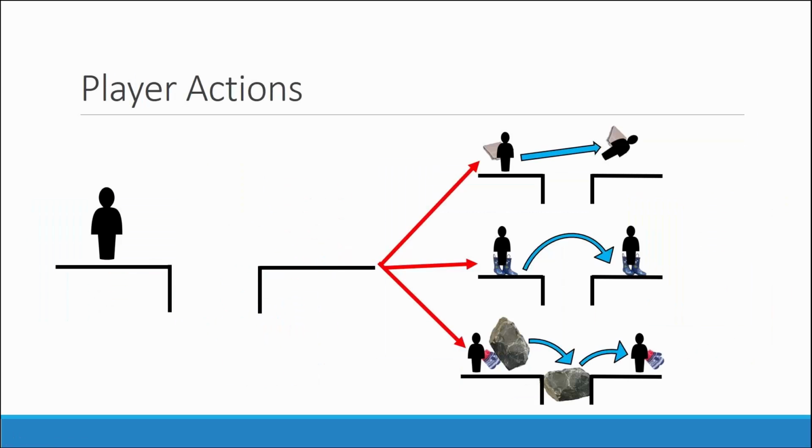Here's an example of a player action that will take place in the game. So in the game, there will be obstacles the player needs to overcome, and the goal is to have multiple ways to overcome each obstacle. So in this instance, the player comes up to a gap where we have determined the player cannot jump across. The player has access to 3 different items. The cape,